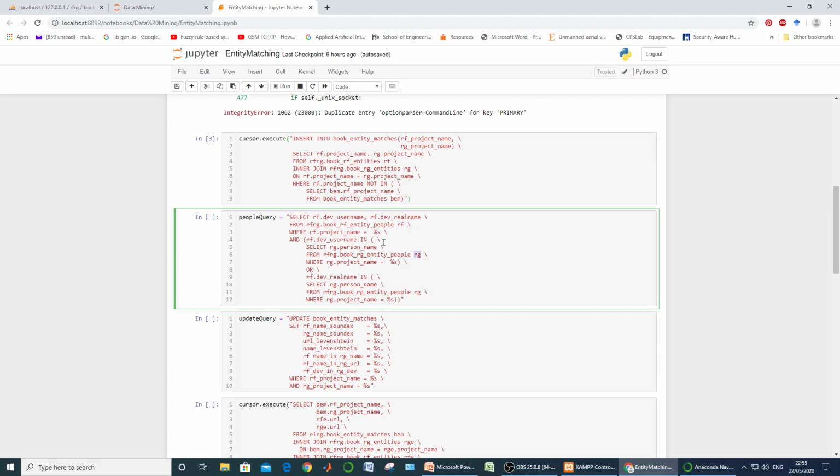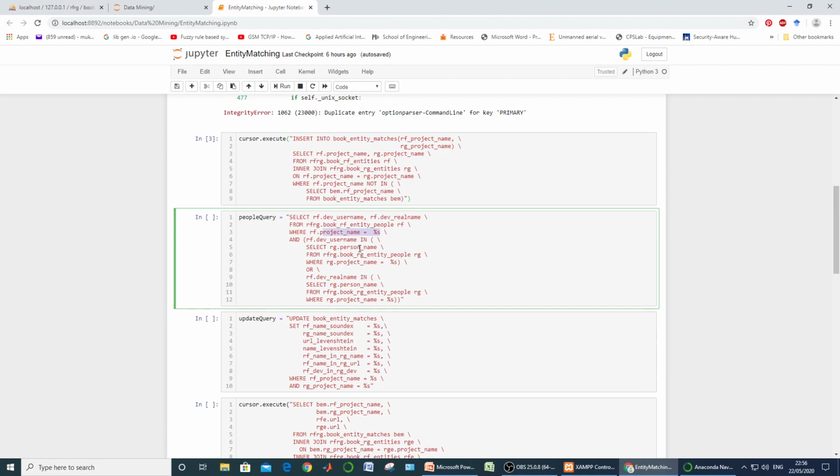So we select developer username and developer real name from RF from the table RF entity people, where project name is equal to A. The first argument goes to this percentage sign, that is, where project name is A, and the reference RF developer username in, which means the developer's name should exist in the other table also.